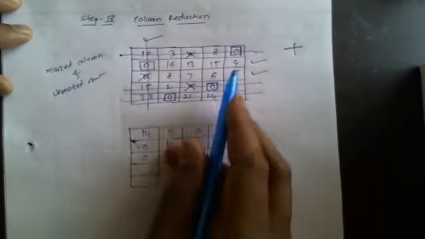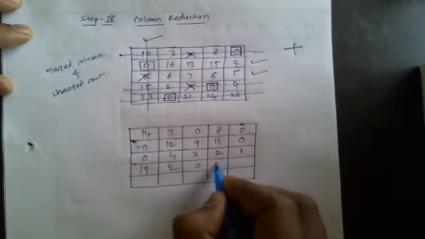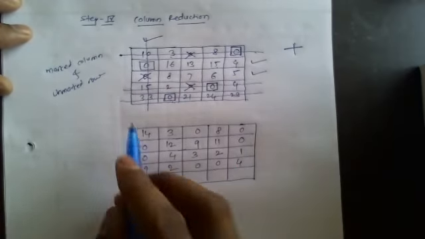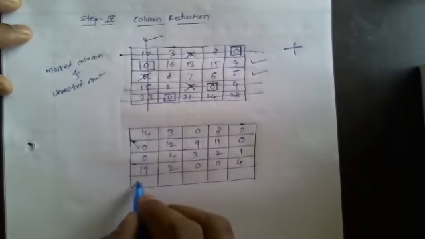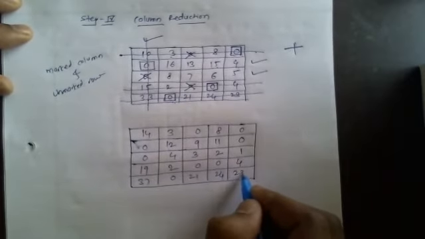So we have to add that 4 in this 15. So it will give 19. 2, 0, 0. 4 remains as it is. Now again 33 plus 4, it will become 37. 0, 21, 24, 23 remain as it is.